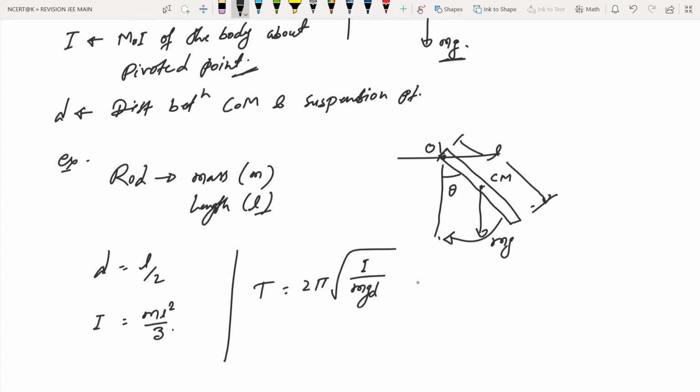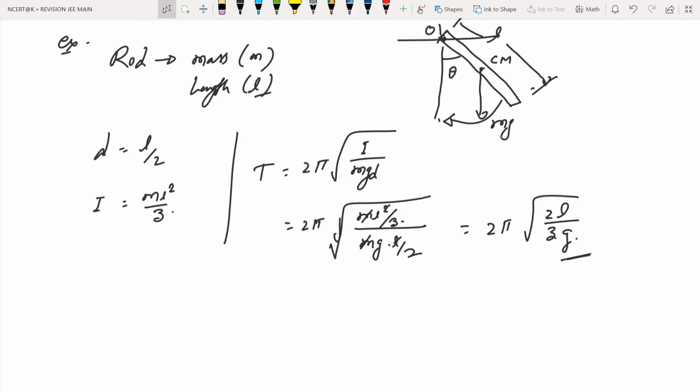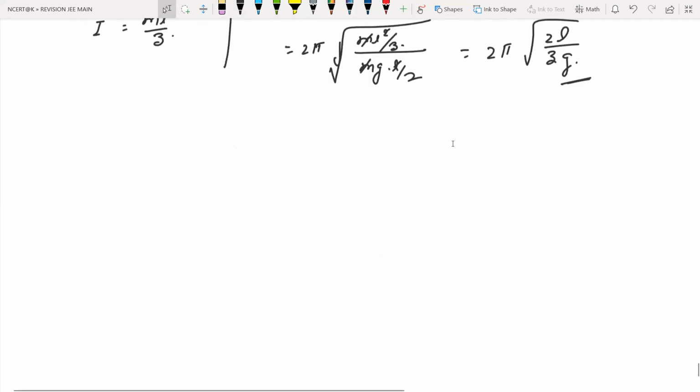So what you can write about the time period, it will be 2 pi root under I divided by mgd. So this is 2 pi. What is the moment of inertia here we are having? This is mL²/3, ये हो जाएगा, और यहाँ पे mg और d का वैल्यू L/2 है। ये सारे के सारे टर्म जो है रूट में है, तो यहाँ से m कट जाएगा और यहाँ से एक L कट जाएगा। So यहाँ पे ये हो जाएगा आपको, this is 2 pi and then we have 2L divided by 3g। सो ये हो जाएगा इसका टाइम पीरियड। इस तरीके से हम निकालेंगे।